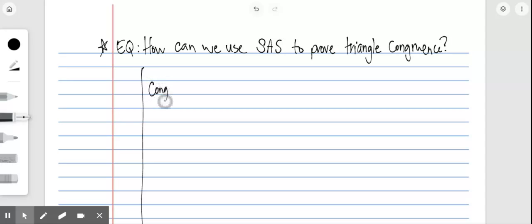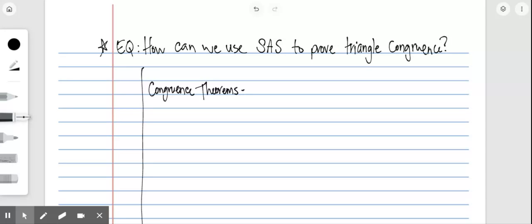Congruence theorems. So mathematicians have been at this whole math thing for a very long time. We've noticed patterns in pyramids, we've noticed patterns in triangles, and you know what? Triangles is actually like the most in-depth feature of geometry because it's a thing that mathematicians have been using most often, because triangles have so many patterns and other sorts of things in them. And so they've used those patterns over and over again to solve real world problems. It dates all the way back to Pythagoras and the first mathematicians in